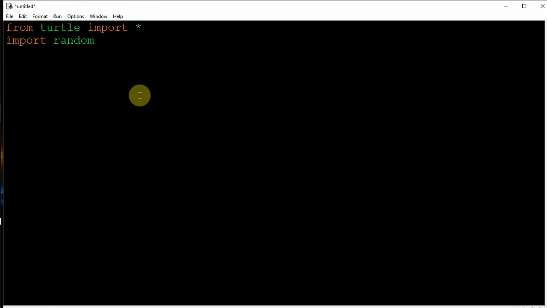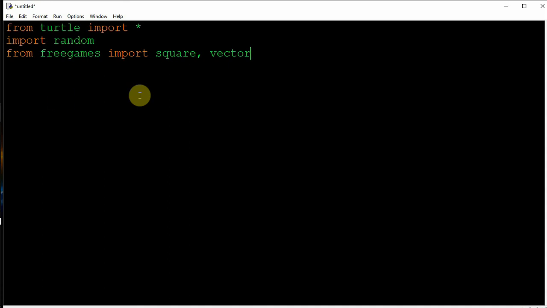And the last library which I want is from freegames. I want only two functions of it. The first function is square, and I want vector. So these two will help me to build the game. Otherwise I can also import freegames directly and then use them, but basically this is the correct method to use it.